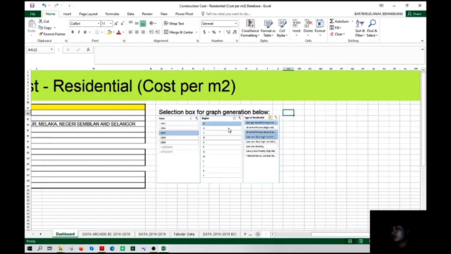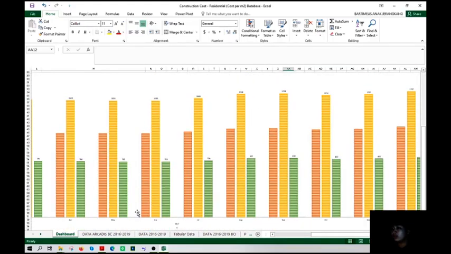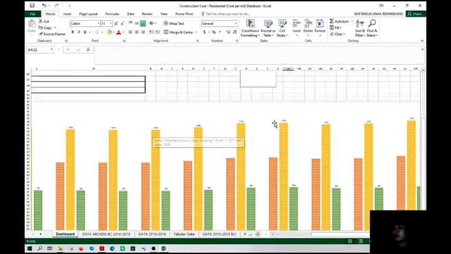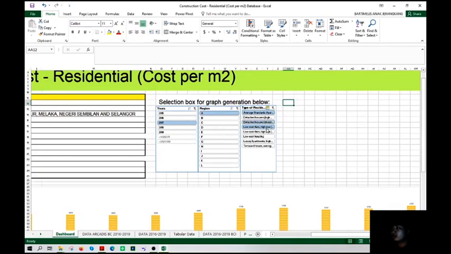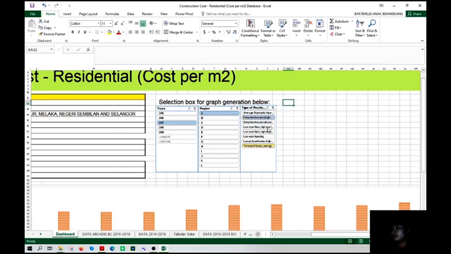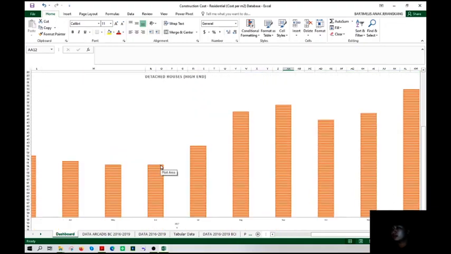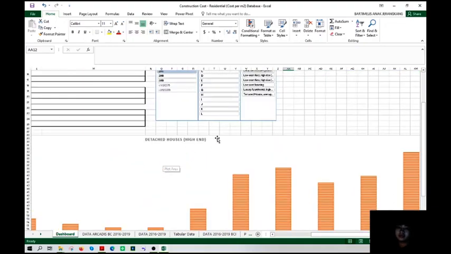that in 2017 for the three types of residential, or only one type by disabling this. So try it yourself